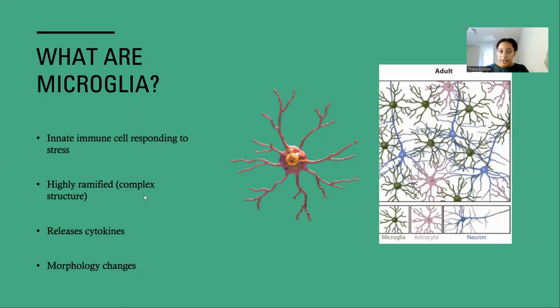But if this is not maintained and the microglia doesn't function properly in relation to the neurons and doesn't have a stable relationship with the neurons, it does undergo morphological changes. And with the morphological changes comes an indirect effect on the immune system. Like I said here, it releases cytokines, which is in relation to the immune system. Morphology means the shape, so when the shape of the microglial cells is changed, which I'll talk about in the next slide, it releases cytokines, which is part of the immune system.